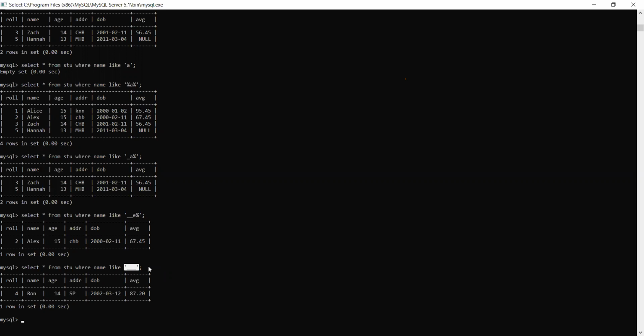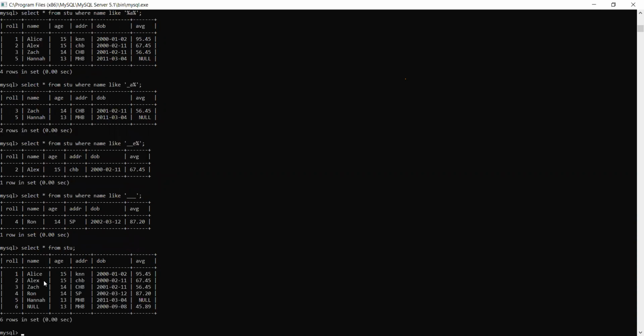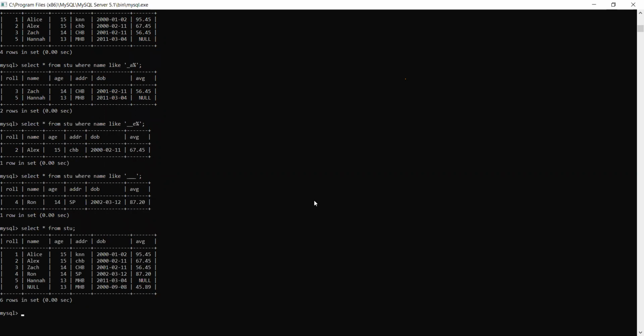Then after this, one more clause, that is order by. Order by means suppose you wanted to arrange your list either in ascending order or in descending order. This will be the last command of today. Generally, how you insert the data, in that manner only your complete table will be stored.